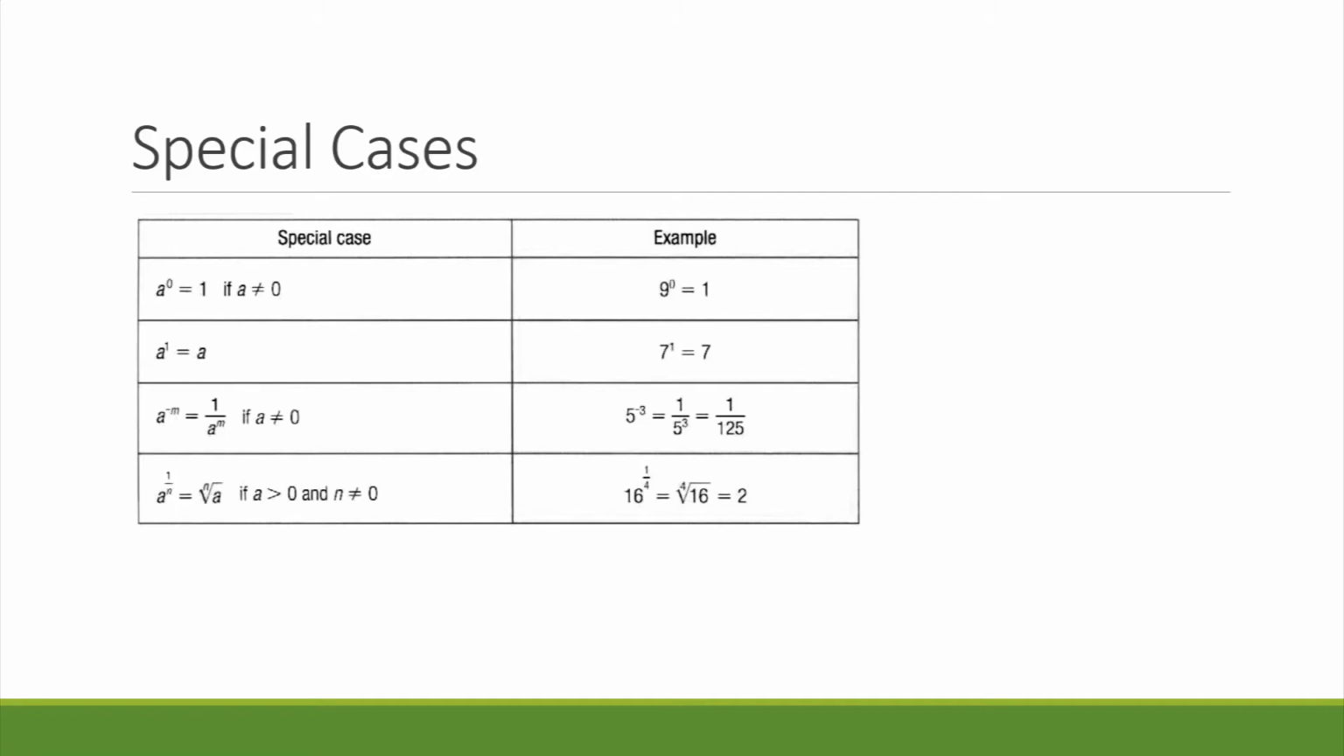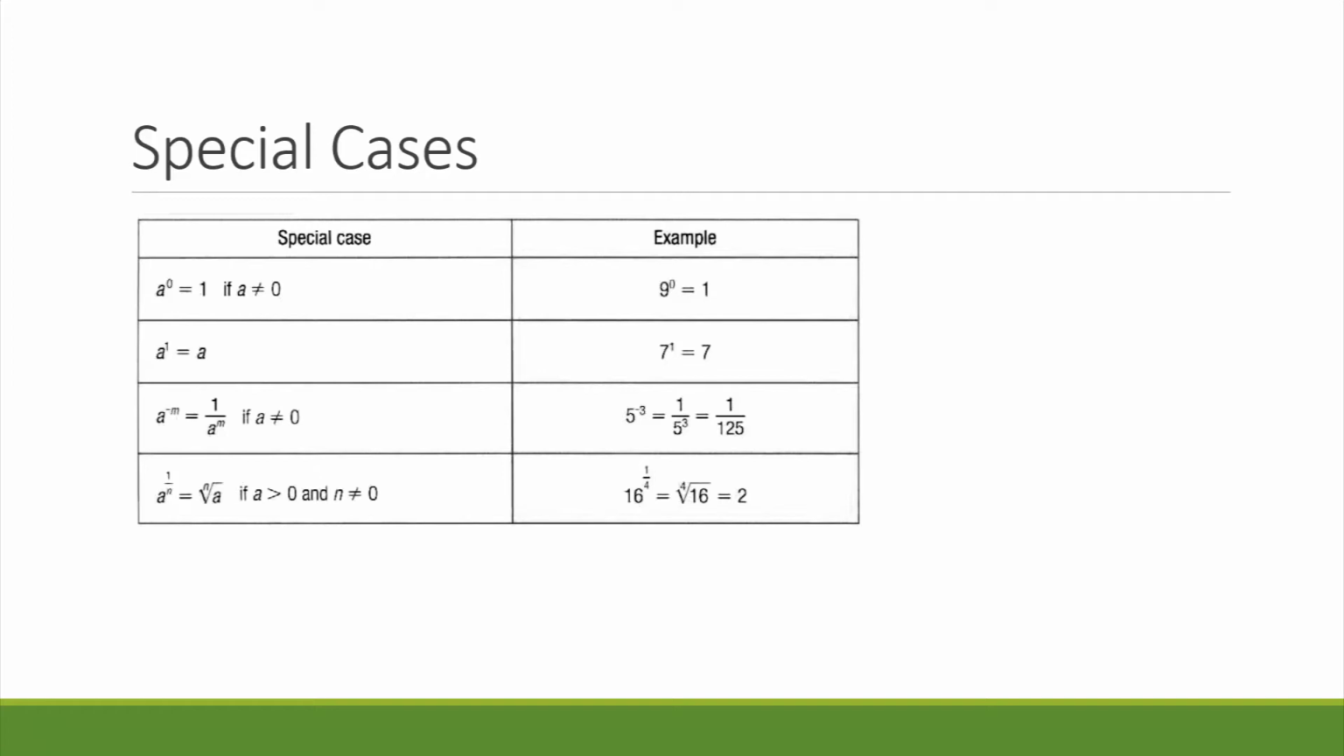A base with a negative exponent, such as a to the negative m, is the same as 1 over that number with the exponent of m, with a positive exponent in that case, again, as long as a isn't 0. So 5 to the exponent negative 3 is the same as 1 over 5 cubed,